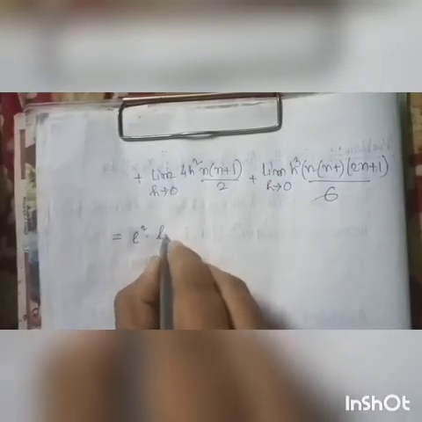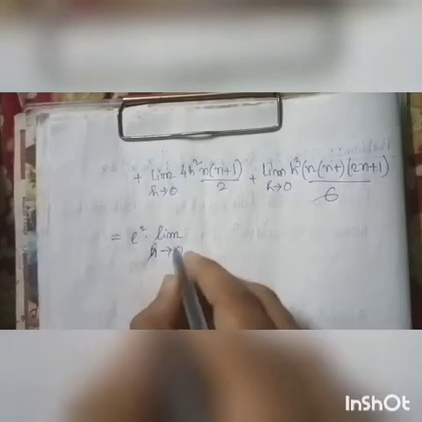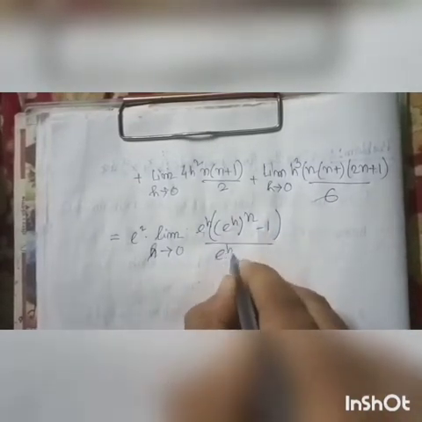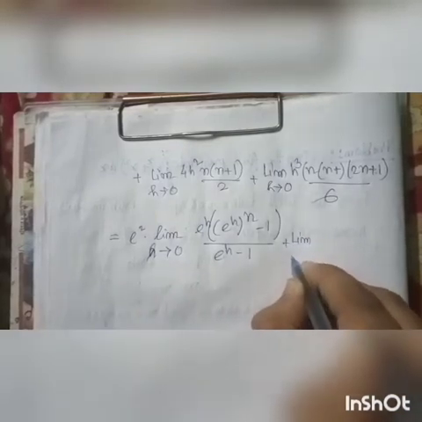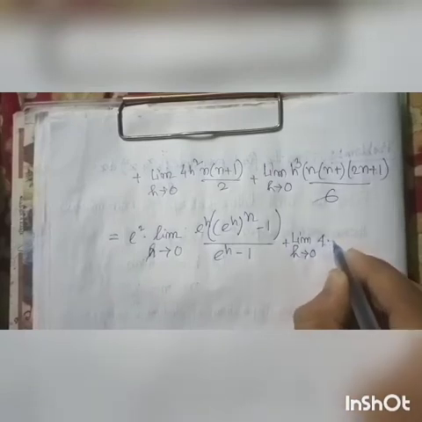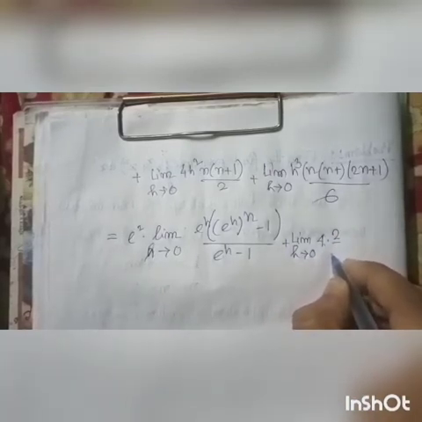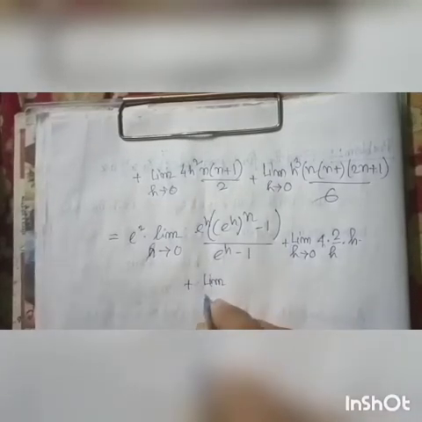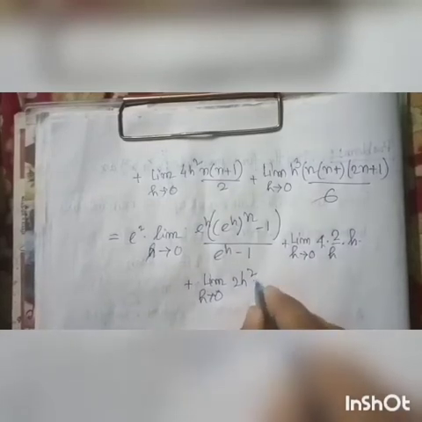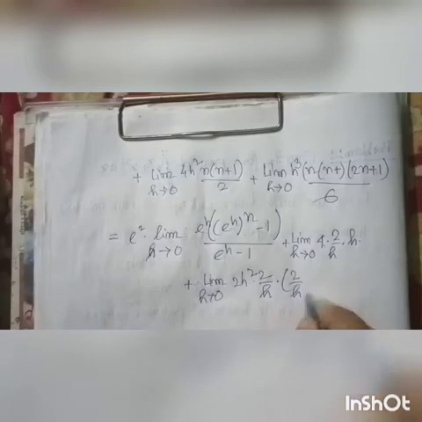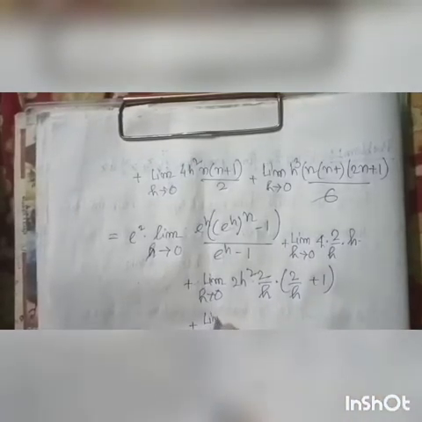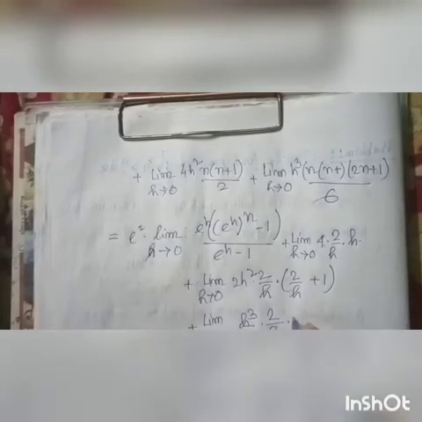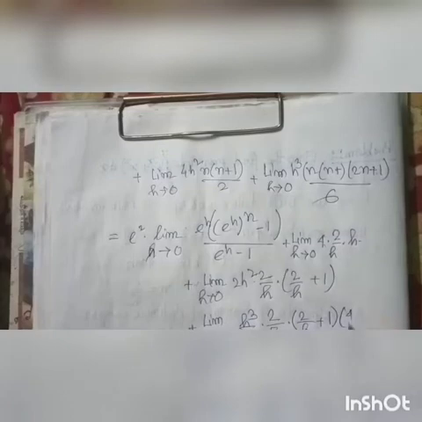equals e square into limit h tends to 0, e to the power h into (e to the power h to the power n minus 1) by (e to the power h minus 1), plus limit h tends to 0, 4 into 2 by h into h, plus limit h tends to 0, 2h square into 2 by h into (2 by h plus 1), plus limit h tends to 0, h cube by 6 into 2 by h into (2 by h plus 1) into (4 by h plus 1)